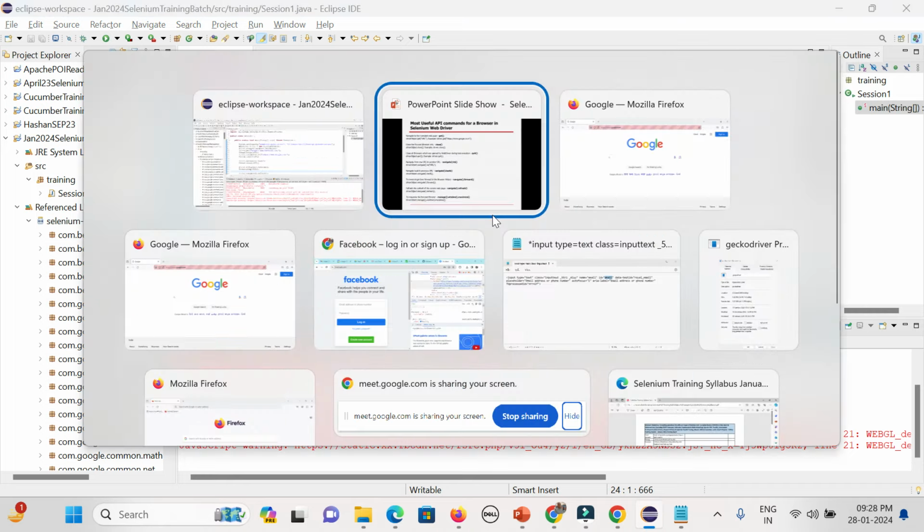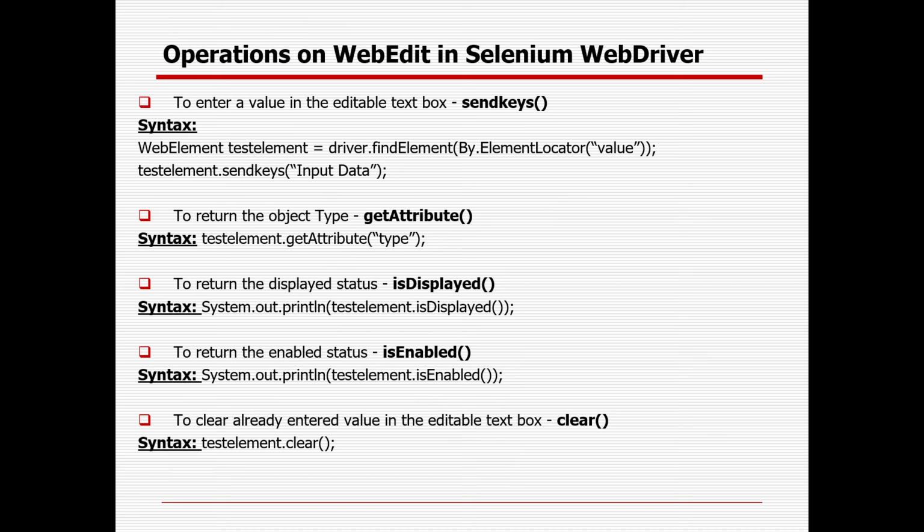Yeah, I told you, right, quit: in case you have multiple browsers open, suppose 3 or 4 browsers open, you can use quit so that it will quit all the browsers. Close means the current focused browser, it will only close that. Okay, that is the thing. Sometimes the interviewer might ask also.